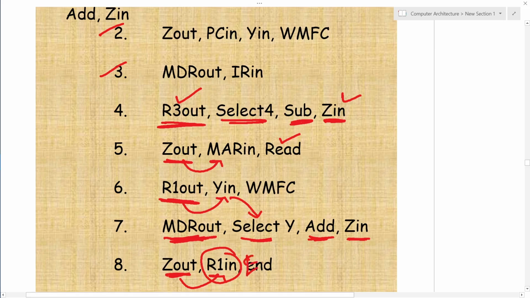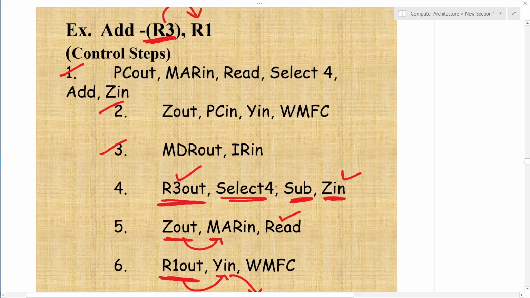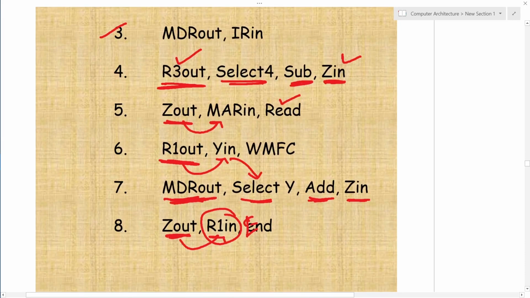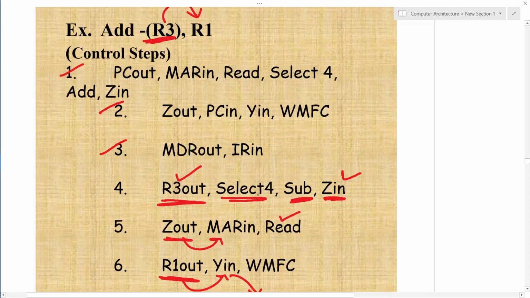So this way the control steps are executed by decrementing the register and then performing the addition from the location identified by the register after decrement to the register mentioned in the instruction, and it takes 8 control steps.